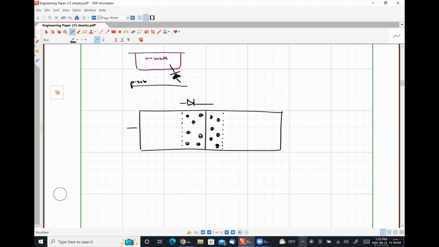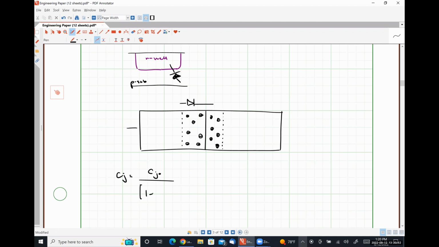And this capacitance, because we have stored charge on either side of the junction, varies with the amount of reverse bias voltage that is applied to our junction, where our junction capacitance, Cj, is equal to Cj naught divided by